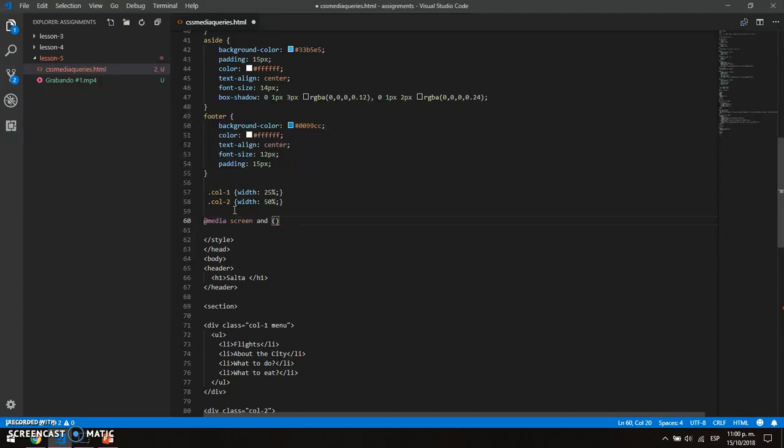So if I set this to a max width of 768 pixels, which is the normal width for, for example, a smartphone,